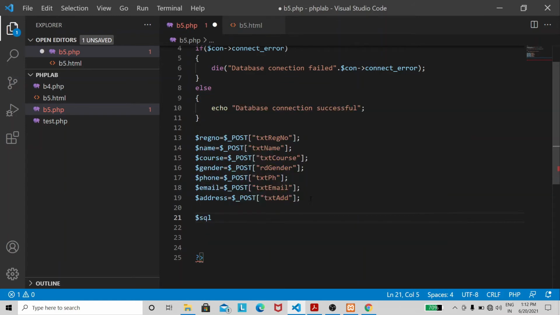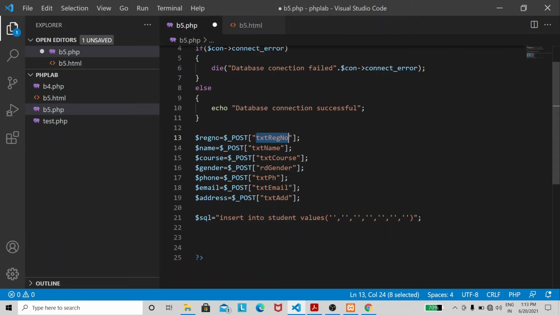So I'm going to create a variable of type string and write the query. Insert into student, which is the name of the table. Values inside the bracket, I'm going to write all the 7 field names.